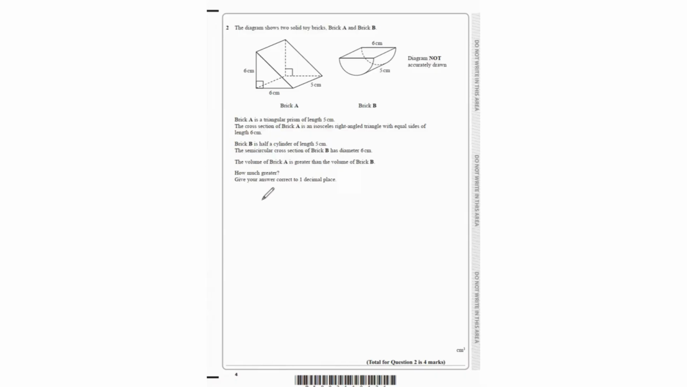So for the volume of brick A, find the cross section, which is 1/2 times 6 because it's a triangle, and then times it by the total length, which is 5. That gives us 90 centimeter cube. Then for the volume of B, it's half a cylinder, so pi r square h over 2. Diameter is 6, so radius is going to be 3. So pi times 3 square times 5 divided by 2. That gives us